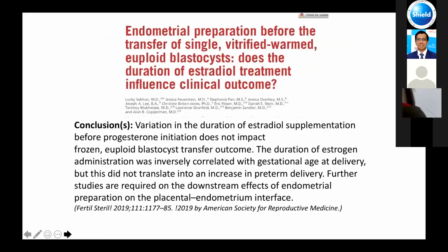Endometrial preparation, the transfer of a single vitrified-warmed euploid blastocyst: does the duration of estradiol treatment influence the clinical outcome? Generally, we all think that in the hormone replacement cycles also, it is very particular. We should transfer on the 17th day, or on the 18th day, 19th day, nothing like that. See, the endometrium should be ready, whether it is a downregulated or HRT cycle, right from the second day of the menstrual cycle. Most of the studies show that you can continue for a little more number of days without any